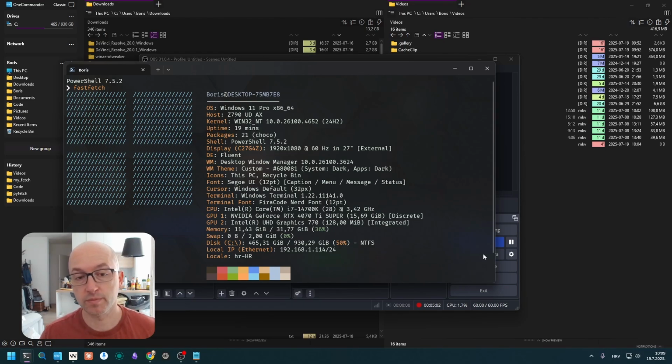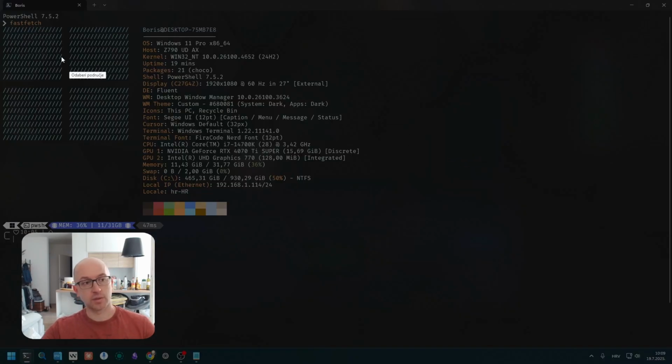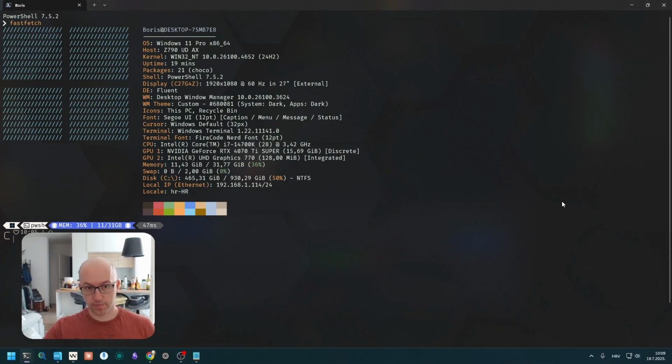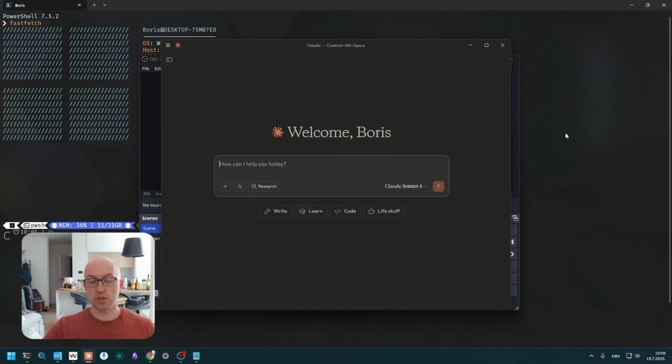So let's just start with the first step. Since we are recreating this application, I'm just going to take a screenshot, and I'm going to go to ChatGPT, Claude, Gemini, or whatever, and I'm going to paste in the image and say